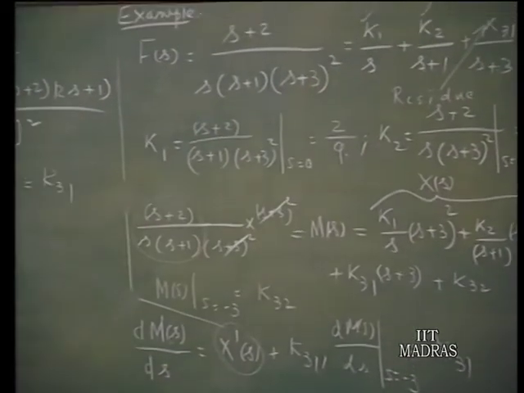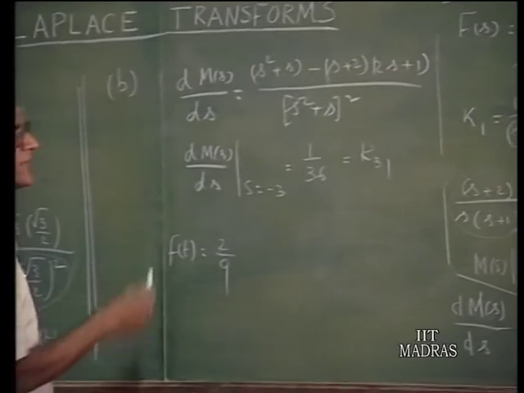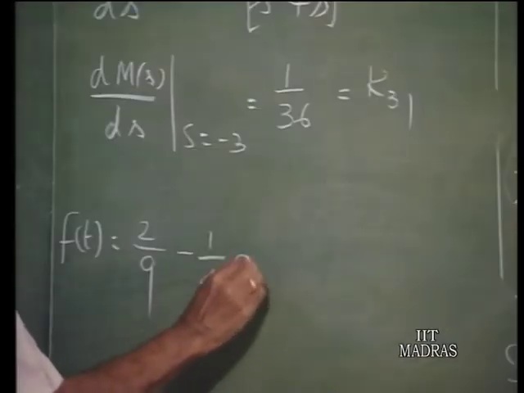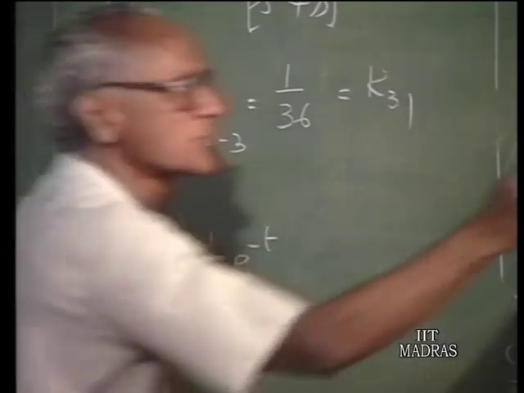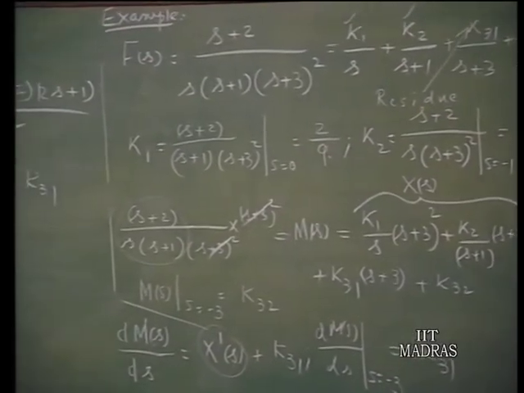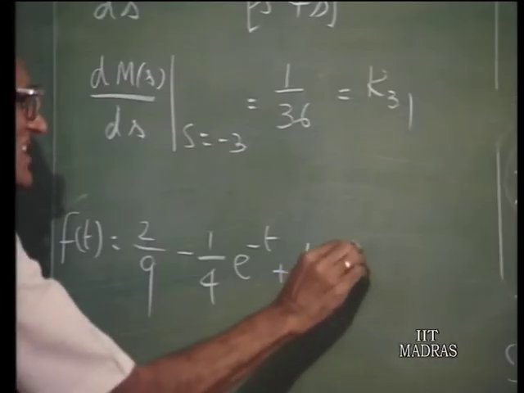Therefore, the inverse Laplace transform is 2 upon 9 times u of t, u of t will come at the end anyway, minus 1/4 e power minus t corresponding to this term, and corresponding to k31 you have 1 upon 36 e power minus 3t,